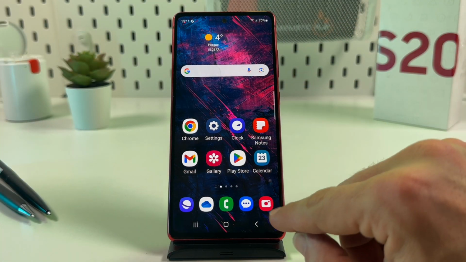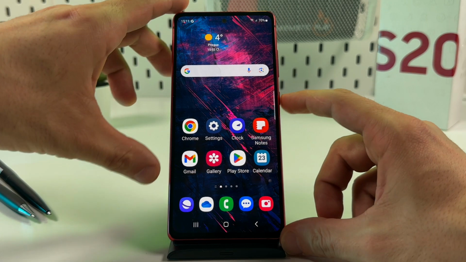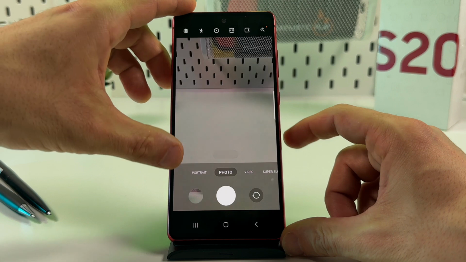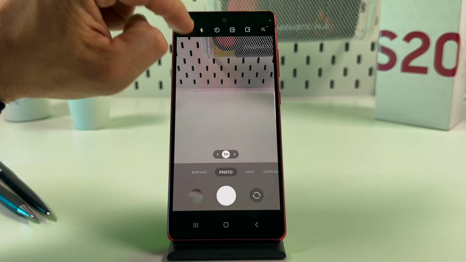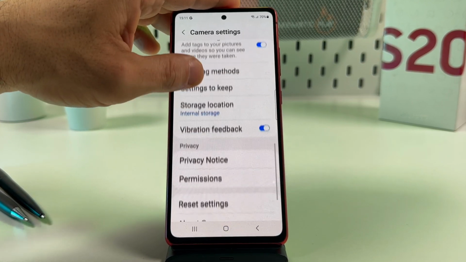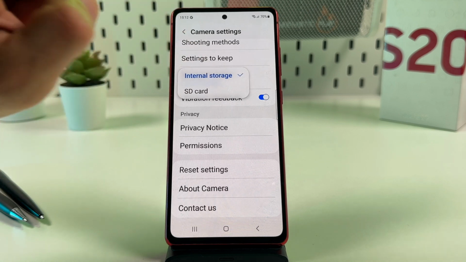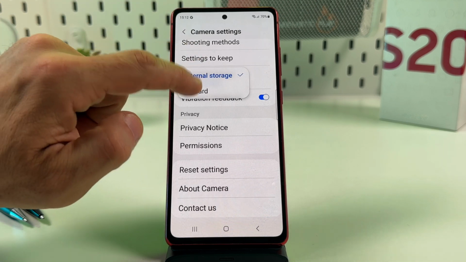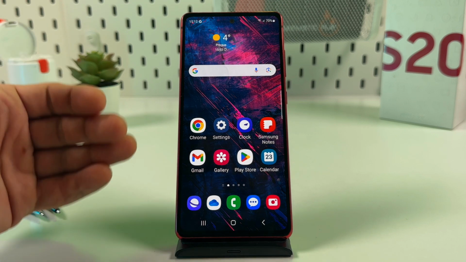Now you can go to the camera application by tapping on the icon or by double clicking the power button, and then go to settings, this gear icon at the top left corner. Tap on it and scroll down until you see this item which is named storage location. Tap on this item and switch to SD card, and from now all your new photos and videos will be